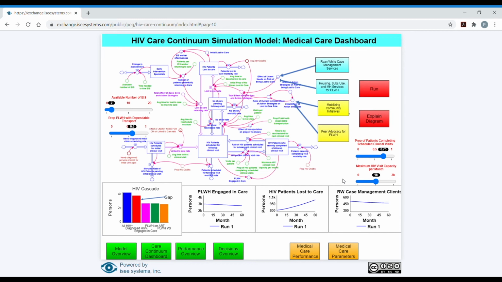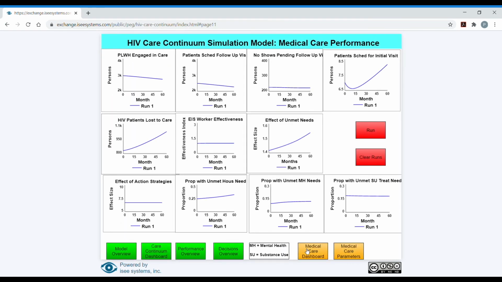You will also find key graphs of health indicators relevant to the module, light blue and yellow module buttons indicating inputs into this module from those modules, and orange buttons to move within this module to the performance page for graphic output with its two red function buttons, two orange buttons to move around within this module, and the parameters page